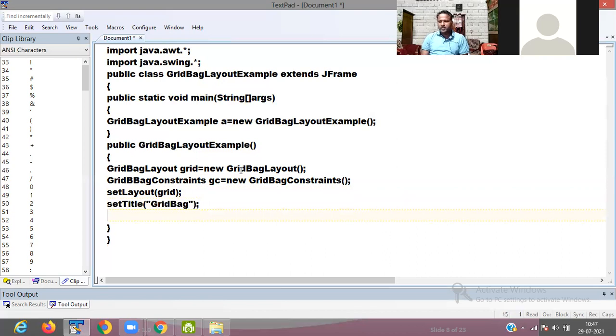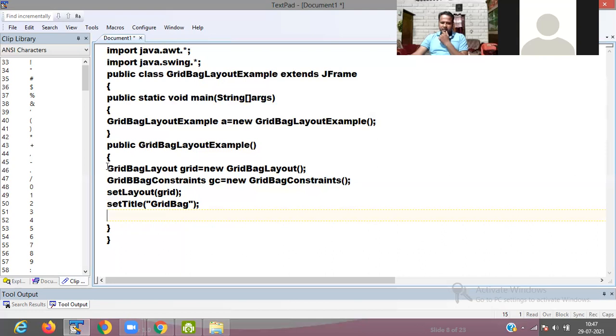Then the GridBagLayout object: new GridBagLayout.